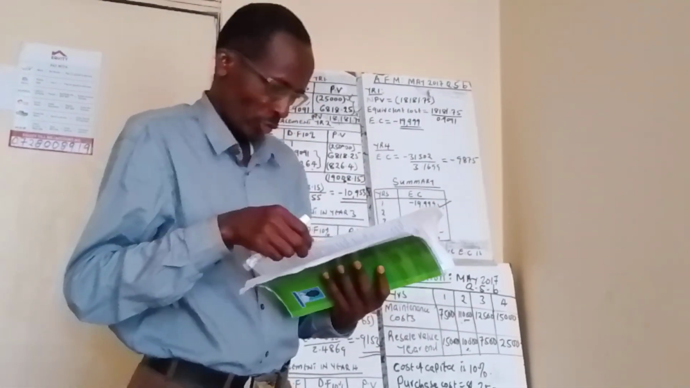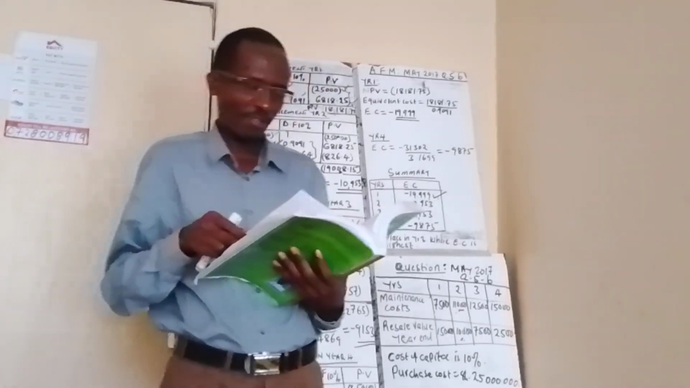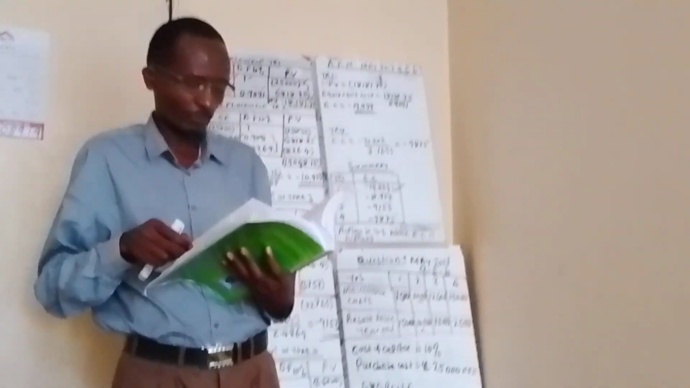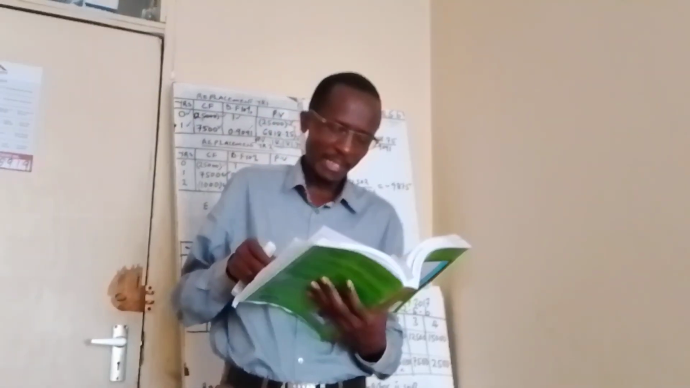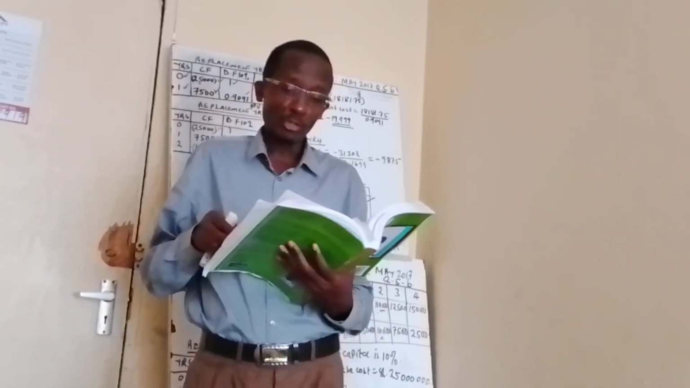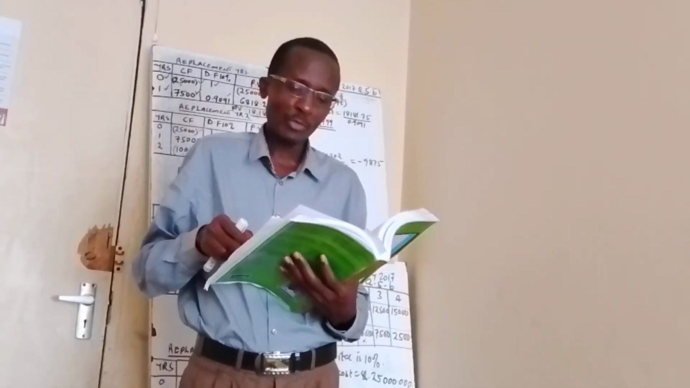Now let's take a question here from the past papers. We are doing chapter 1, Advanced Financial Management, Replacement Decisions. We know that we replace an asset when it has the highest net present value. In this video, we want to discuss through an example and illustration how to replace or when to replace an